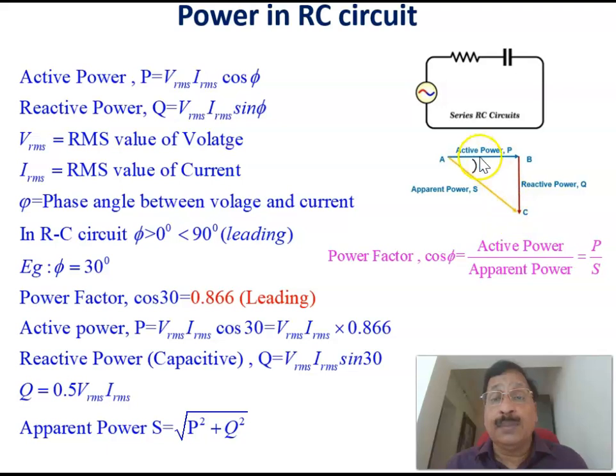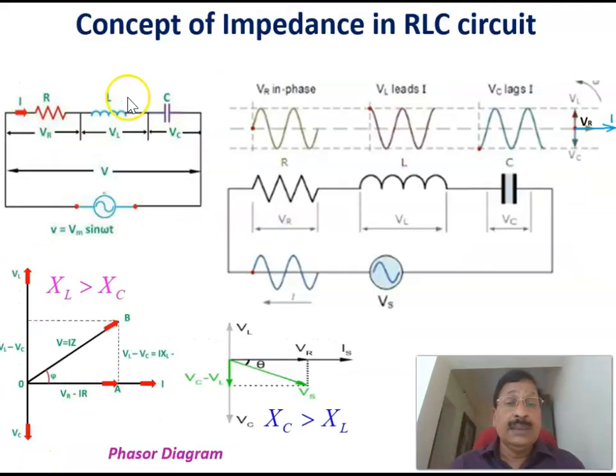This is the apparent power. Again, based on the power, it can be expressed as P by S. That is, the power factor cos phi can be represented as P by S, the active power divided by the apparent power. Now, continuing the concept of impedance in an RLC circuit, here resistance, inductance, and capacitance are all